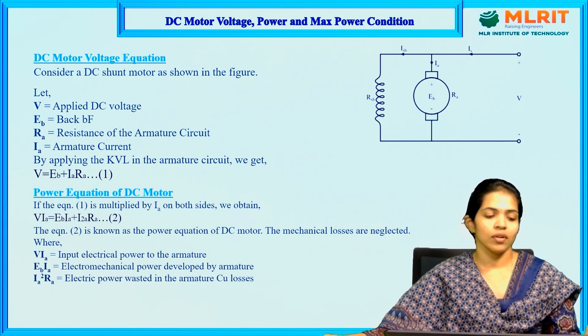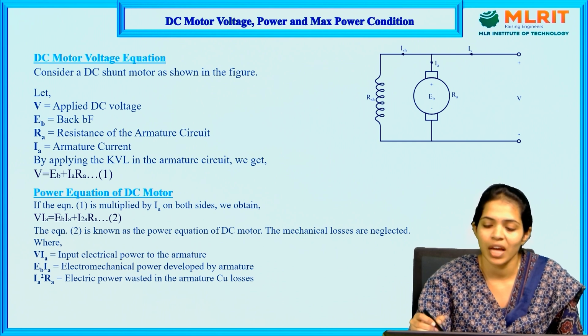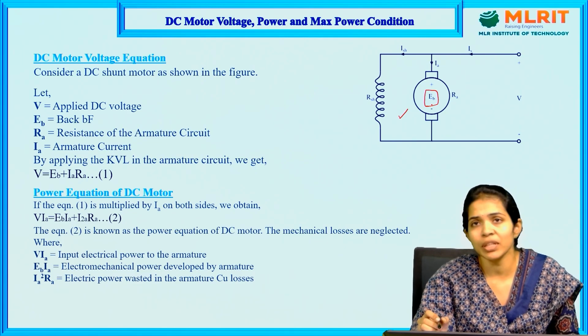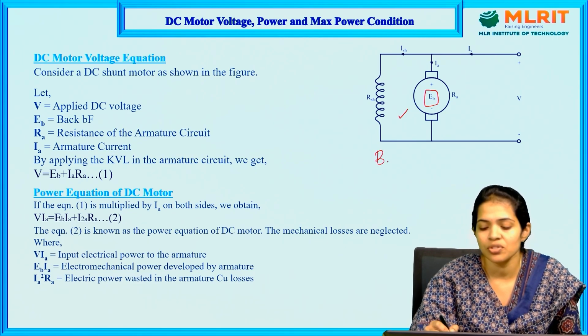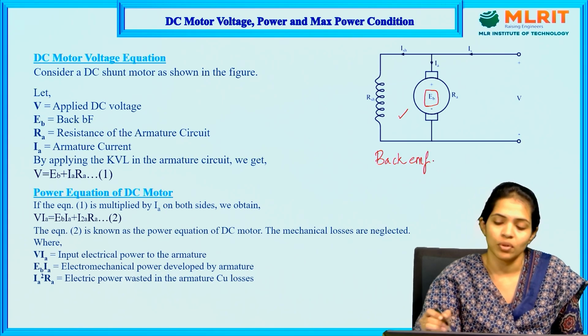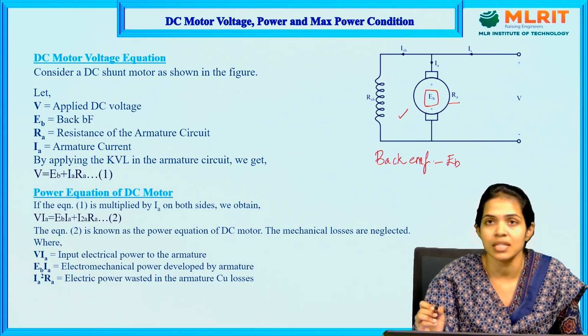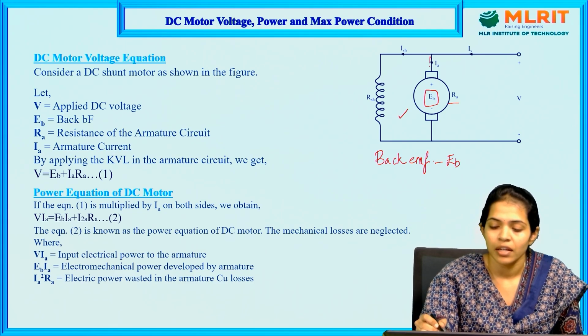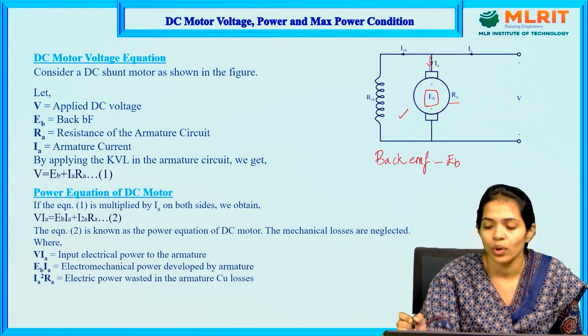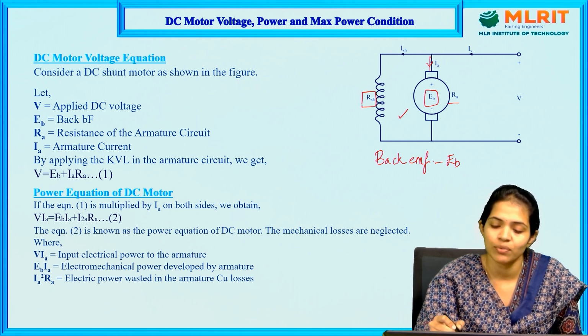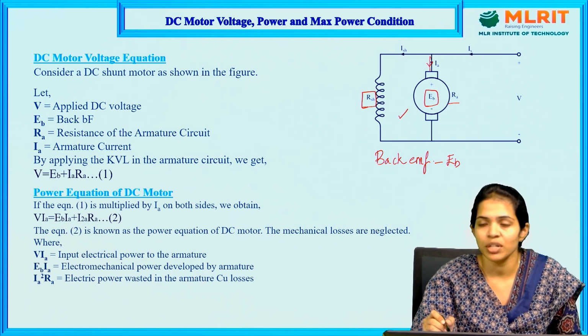So first, as we see in the picture, we have an armature of a DC motor. We know that the EMF which is built up in the armature is called back EMF. We call it a generated EMF in the case of a generator, but we call it a back EMF in the case of a DC motor. So back EMF EB, and the resistance of the armature conductors is taken as RA. Here a separate DC source is required to excite our armature in the case of a DC motor, which is quite vice versa to the DC generator. We also have a shunt field winding here. So considering the DC shunt motor case